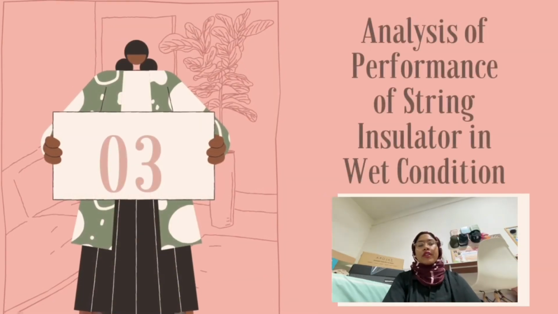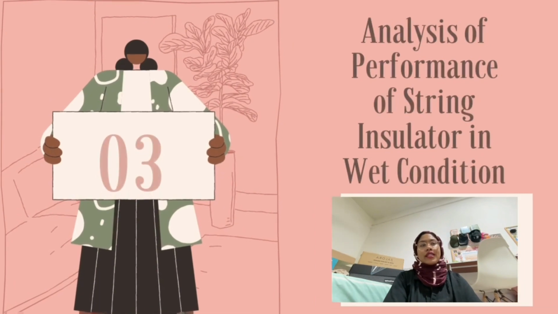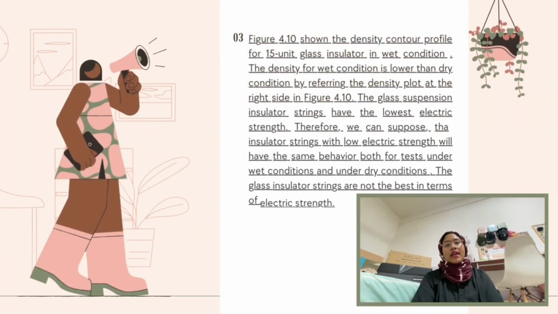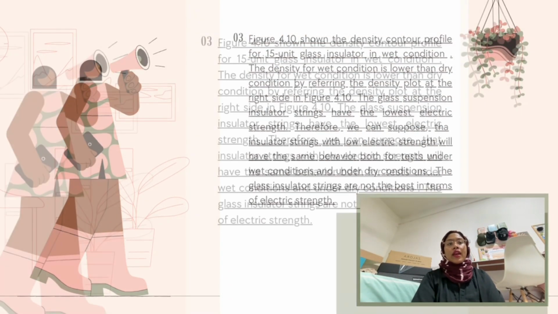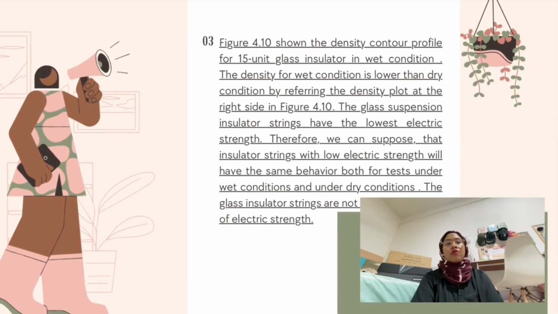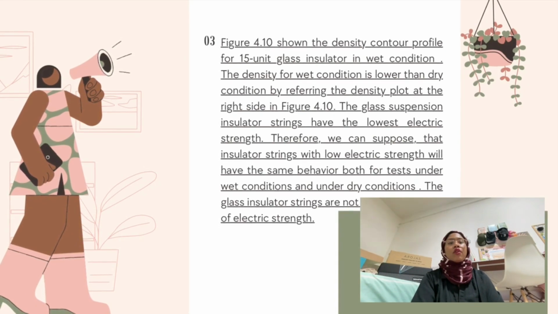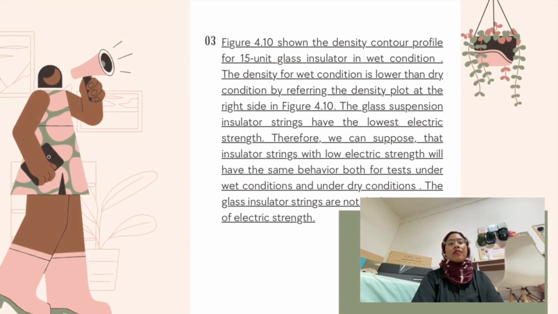Next one, we will continue with analysis of performance of string insulator in wet condition. Figure 4.10 shows the density contour profile for 15 unit glass insulator in wet condition. The density for wet condition is lower than dry condition by referring the density plot at the right side in